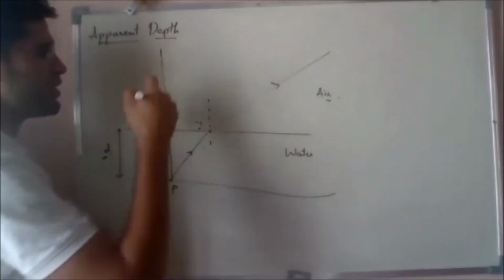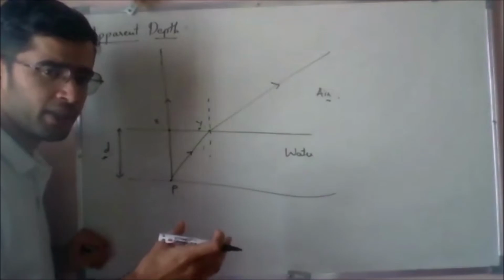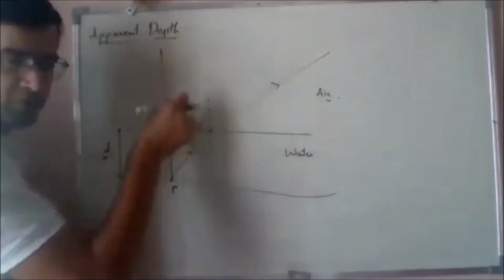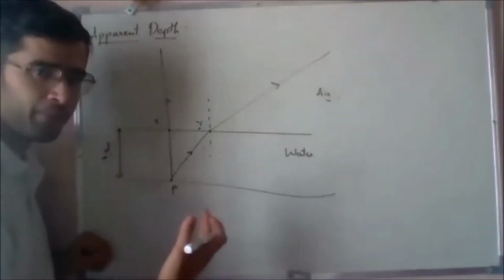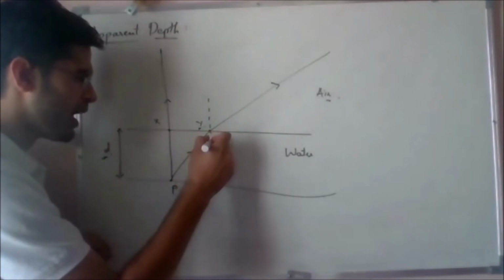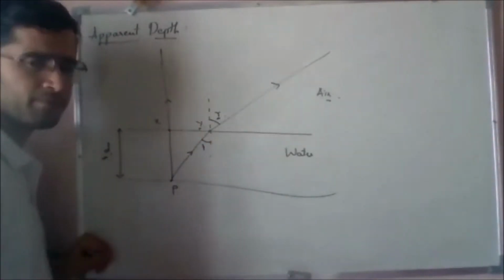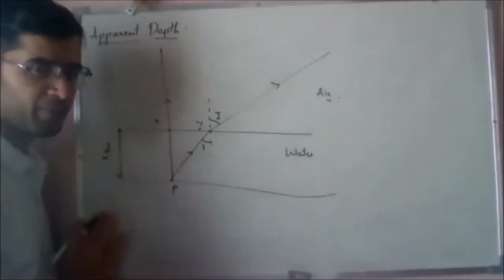So these are the two rays which are incident on a person's eye now. Again, I've drawn them far away to make the diagram clear. But if these two rays should be incident on a person's eye, you should be drawing rays which are very close. To make the diagram much clearer, I've just taken this ray to be further away. Let the angle of incidence be i and let the angle of refraction be r. And this will be your refracted ray for the ray Py.